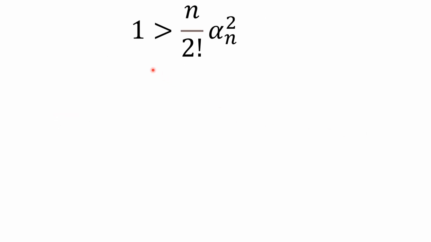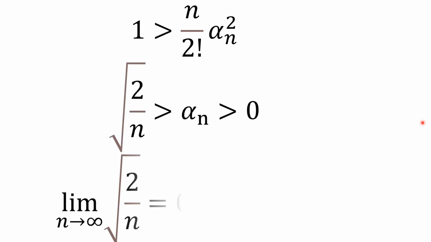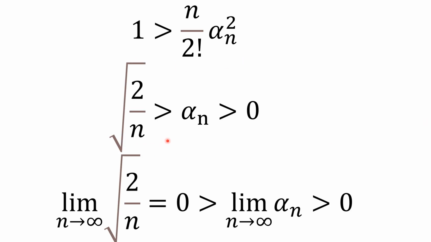Now look at what we have. Alpha n is sandwiched between two values. The square root of 2 over n is greater than alpha n, which is greater than 0. Now we take the limit as n tends to infinity on both sides. The limit of the square root of 2 over n as n tends to infinity equals 0. And alpha n is always greater than 0. So by the squeeze theorem, alpha n is trapped between 0 and something that goes to 0. Therefore the limit of